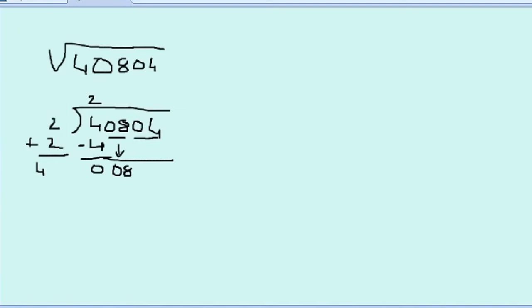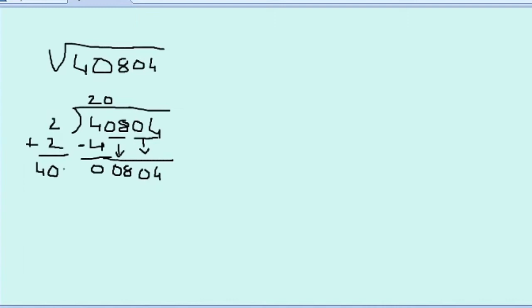So the next number cannot be smaller than 8. So what I do, I write a 0 here and bring these two numbers also down. Okay, this will be 04. Now next thing is, I will have to write a number which if I write here and multiply them, it should be equal. So first I'll write a 0 here. The 0 I have taken here, I have to write it here.